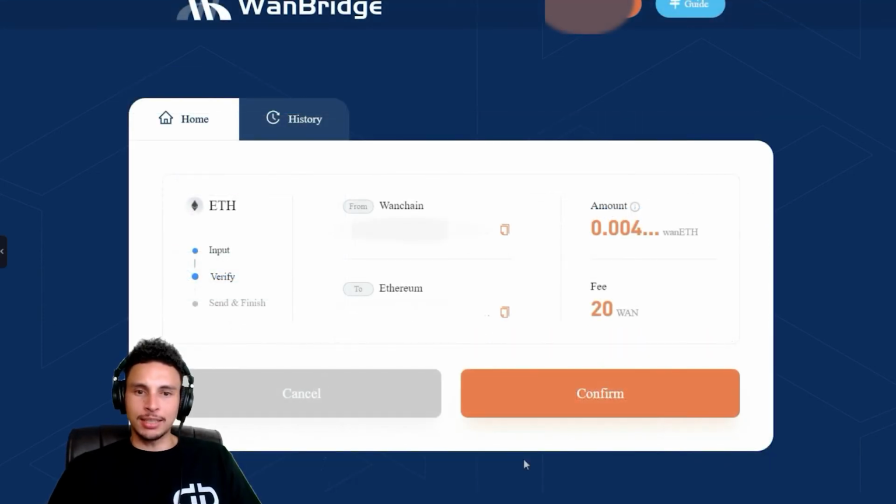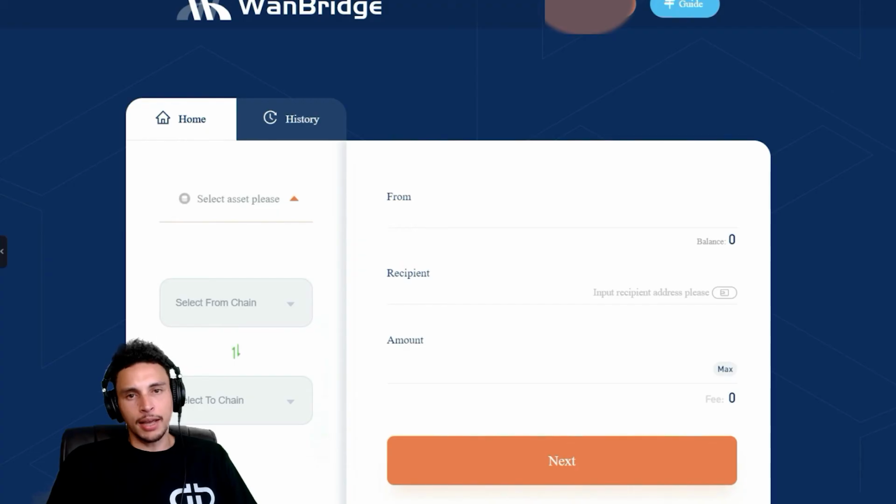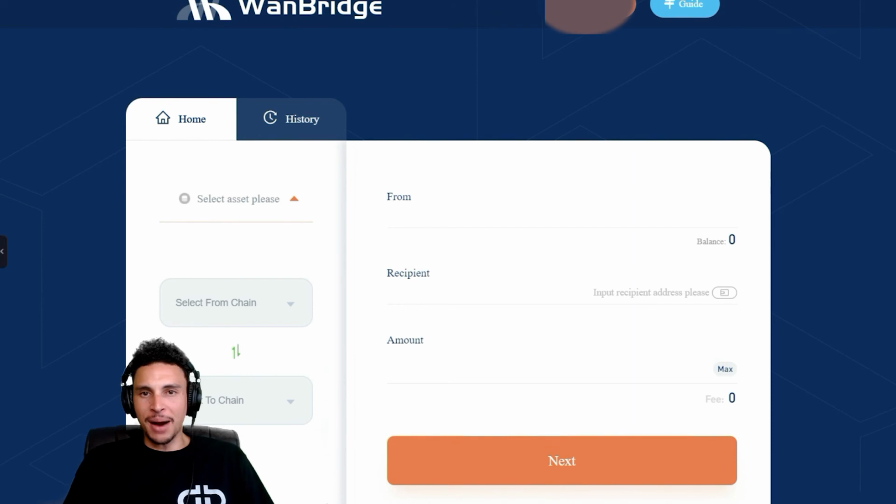It's gonna tell you the details, the Wanchain address, the Ethereum address, the amount of WAN ETH being converted, and the fee in WAN. When everything's cool, go ahead and hit confirm. Click yes, and there we go. Bada bing, bada boom. Just with a couple clicks, you can get any asset supported by Wanchain to any other